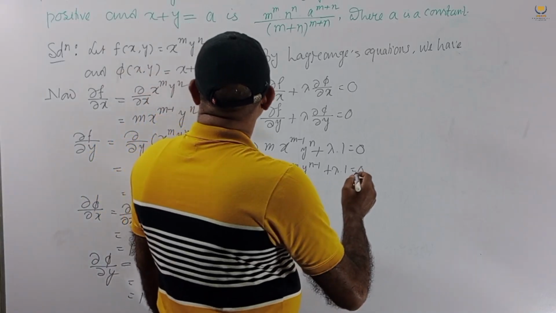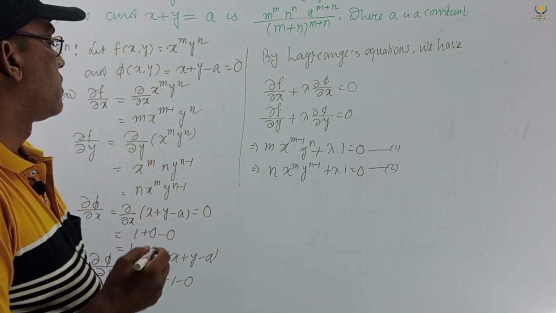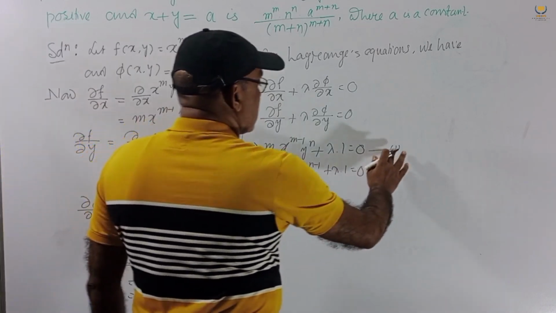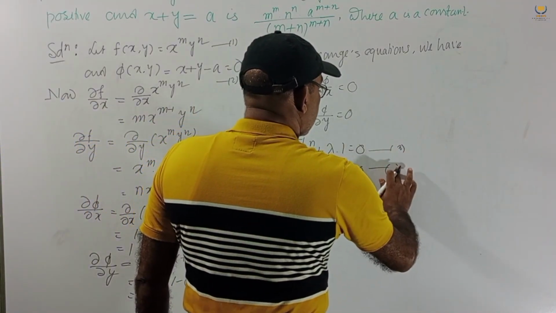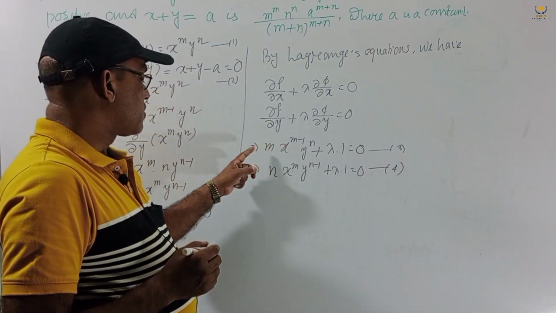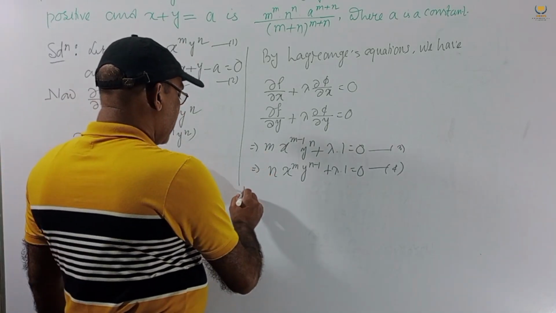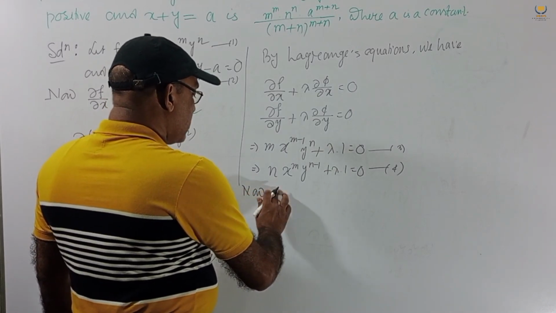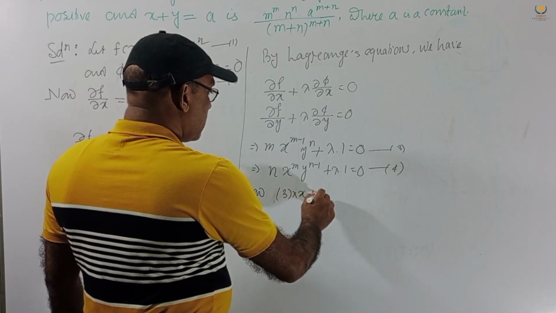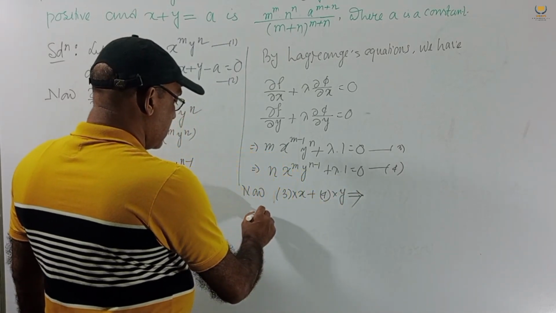Now we consider this is number 1 and this is number 2, or better to write this is number 1, this is number 2, and this is 3, and this one 4. Now we multiply both sides by equation number 3 multiplying by x and equation number 2 multiplying by y and adding. Now 3 into x plus 4 into y, this implies